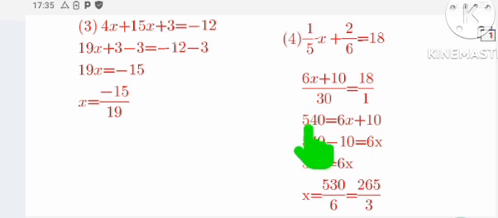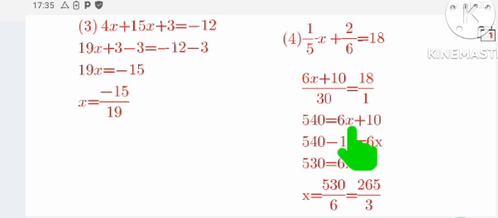If we flip this thing around, we are simply going to have 6x plus 10 on the left hand side is equal to 540. But you need to have it at the back of your mind that they don't mean different things. They are the same thing. So what do we do? We collect like terms now, because now you want the dependent variable on one side of the